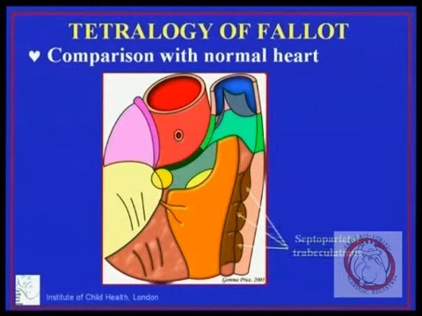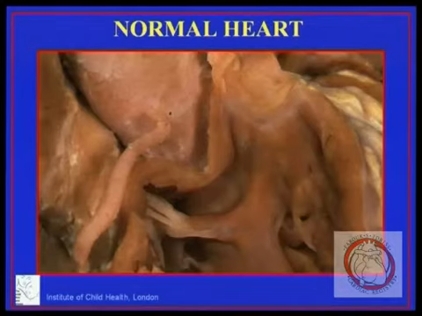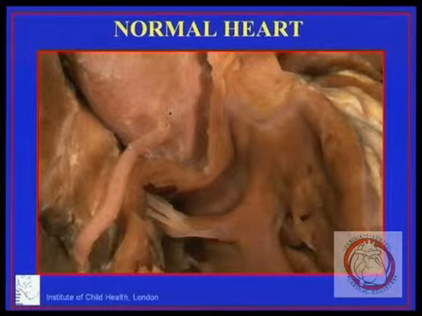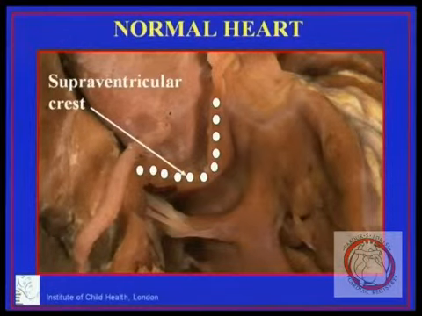The other muscular bundles that are going to be of particular importance in tetralogy of Fallot are these septoparietal trabeculations that run from the anterior surface of the septomarginal trabeculation and extend to the parietal wall of the right ventricle. Now we can see that very well in this dissected heart, where I've illustrated the supraventricular crest,